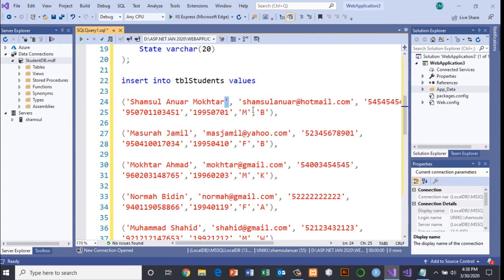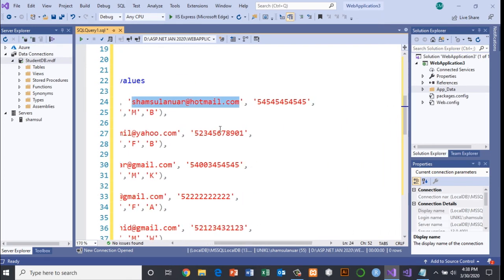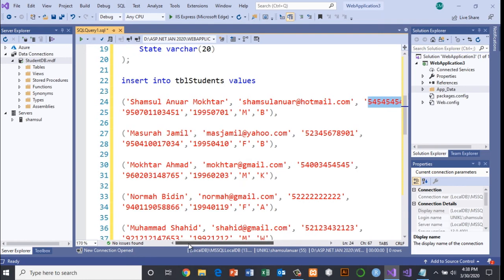So now this is the name. This is actually the email. This is an example of a student ID. Now this is the IC number. Now this is the date of birth. You will notice that you enclose this using a single quote, similar to a char or varchar.